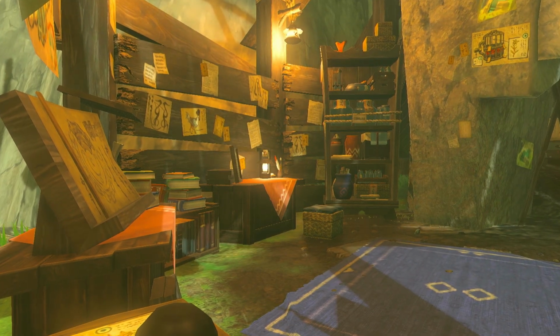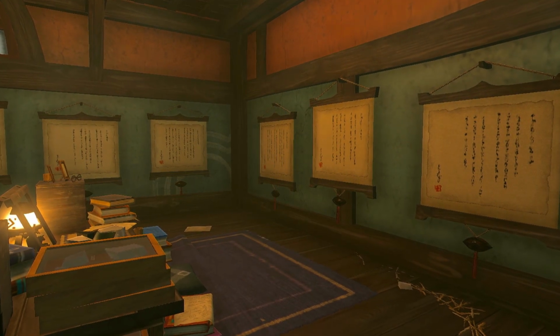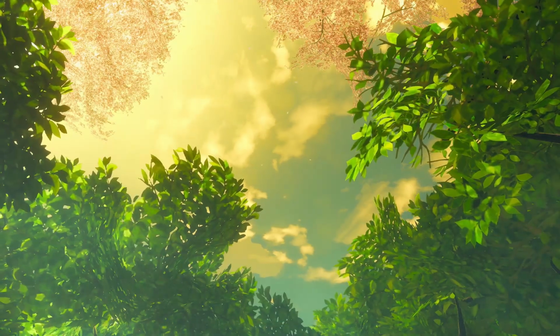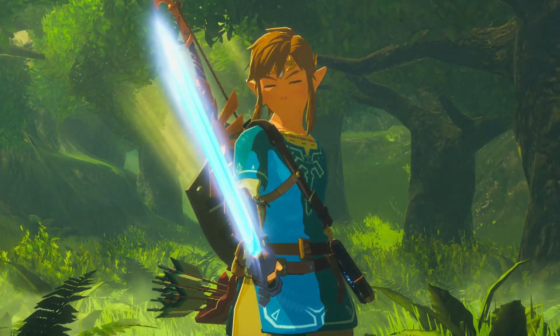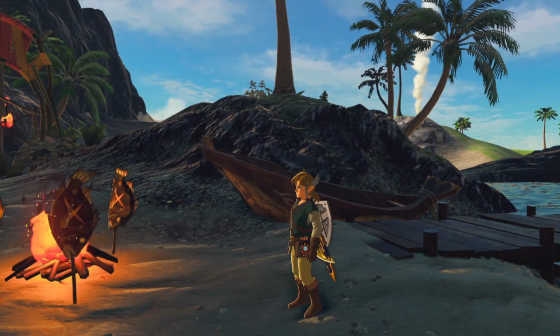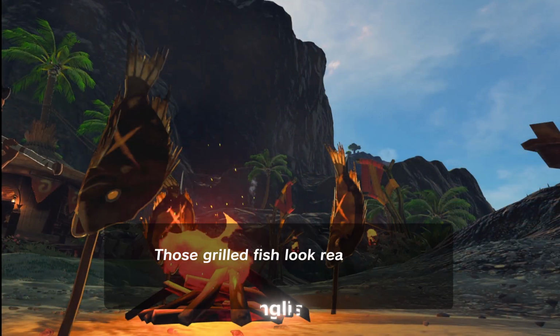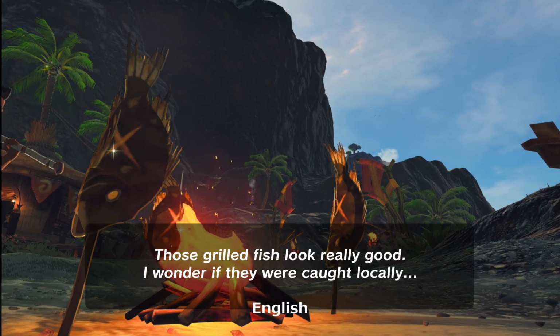Sometimes, the boundaries between the first and second person in Japanese can be blurred when there's insufficient context. There's a really fascinating example of this in Breath of the Wild, where Link's inner thoughts are projected in the first person, even in English. This happens in Lurlin Village when Link approaches some fish cooking next to a fire and makes a comment on how tasty they look, an appropriate comment given Link's personality.